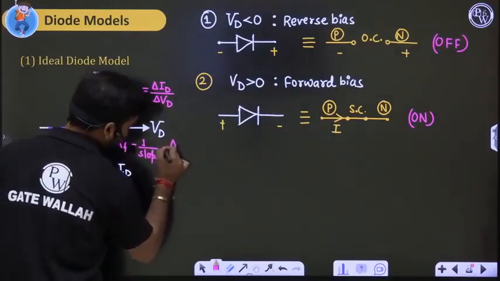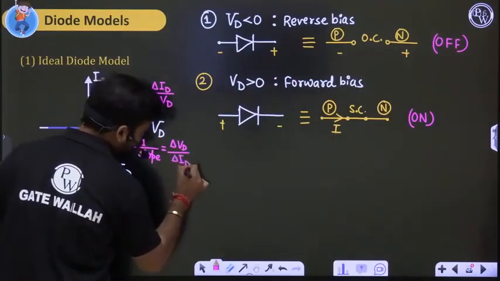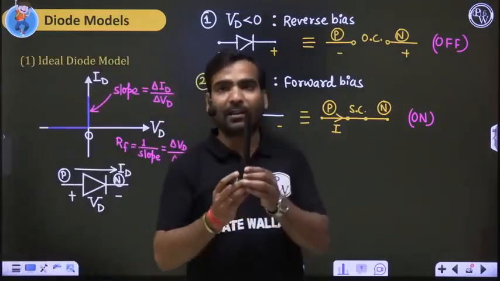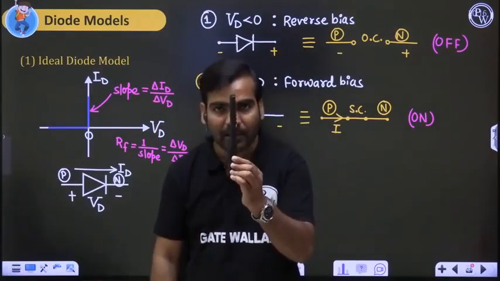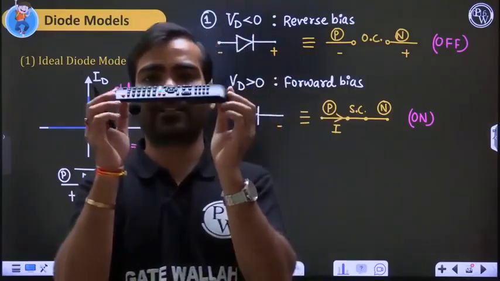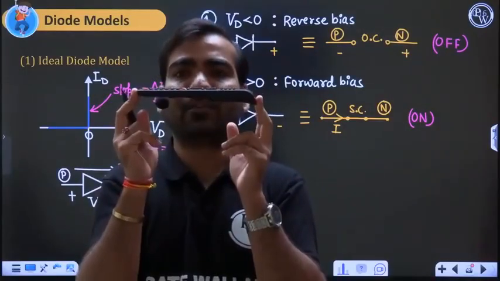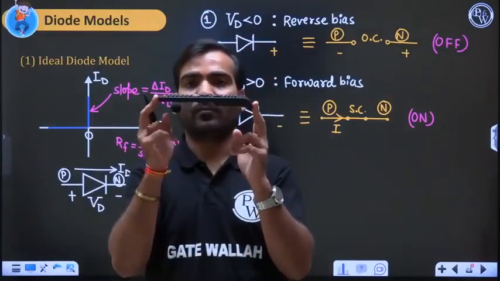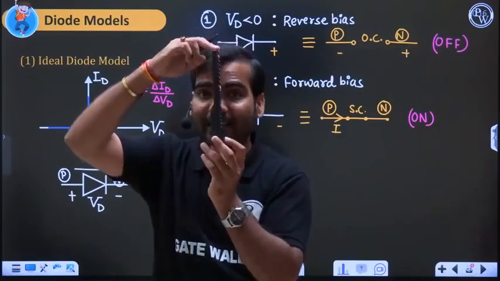This is slope. Reciprocal of slope is delta Vd upon delta Id. Right? Now tell me, what is the slope of this line? Suppose one line you are having like that. Okay, this is the line. What is the slope of this line? Suppose the line is like that. Just tell me. First of all, what is the slope of this line? Because we do not want to calculate something just from the feelings. Suppose some line is like that. Okay, what is the slope? 0.